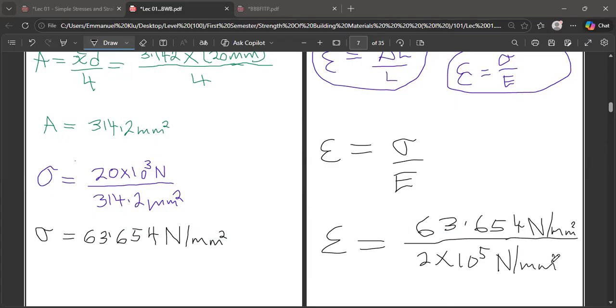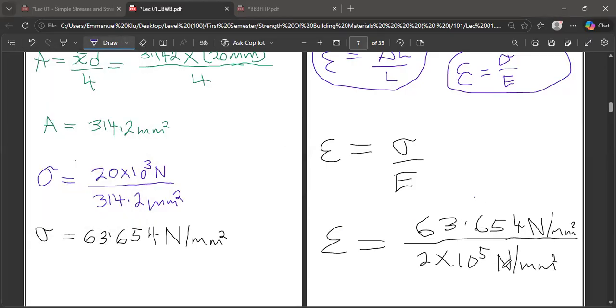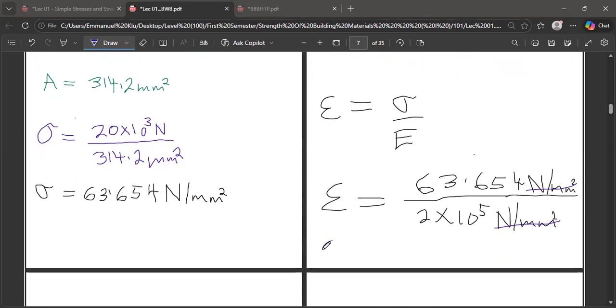So the units are going to cancel each other. That is why strain has no units. You see what is happening over here. This is going to cancel this. At the end of the day, strain is going to be alone. So what is going to be the answer for strain? After point